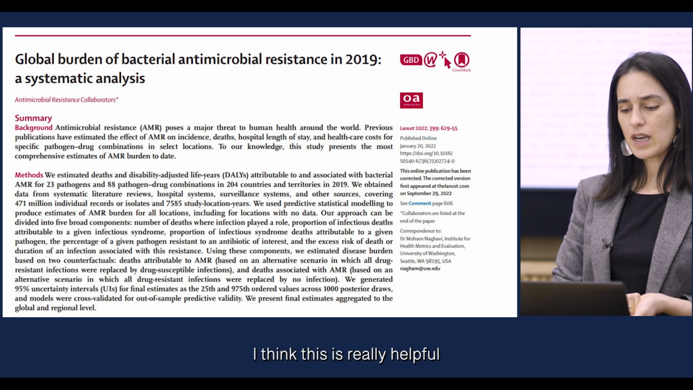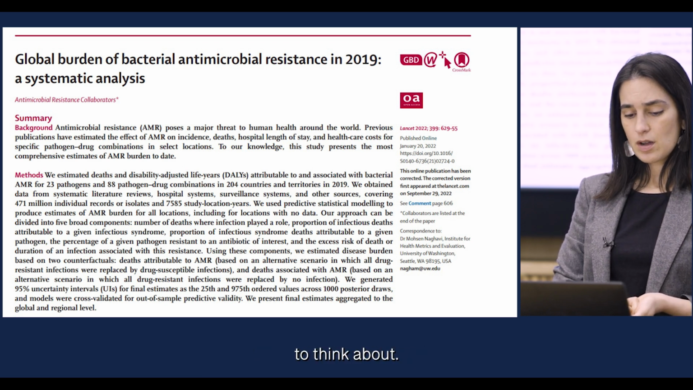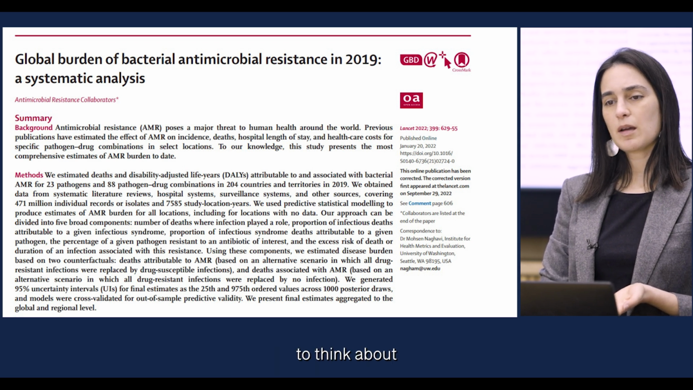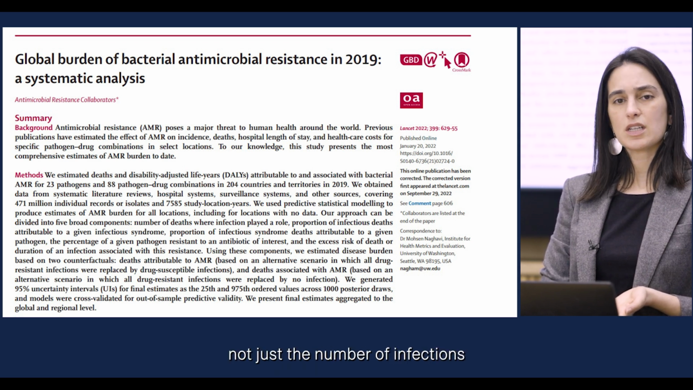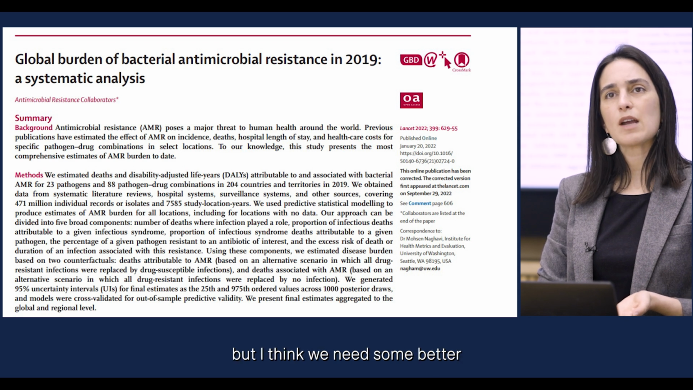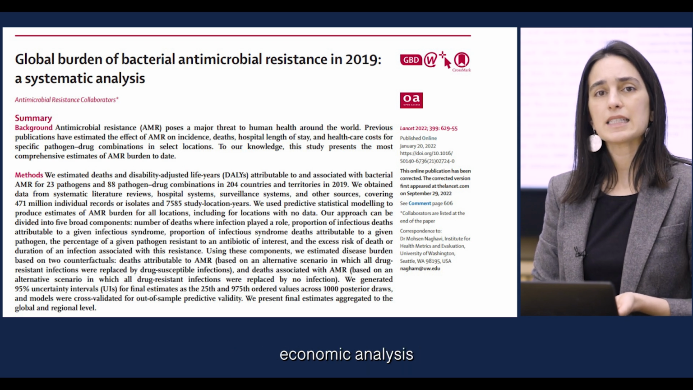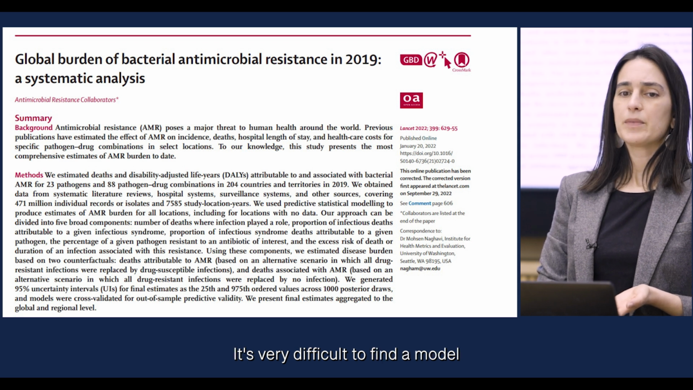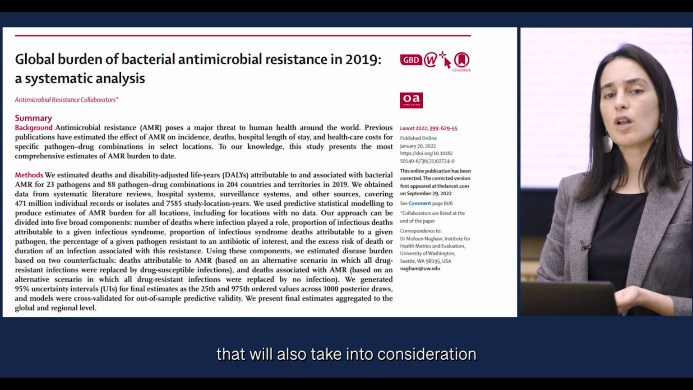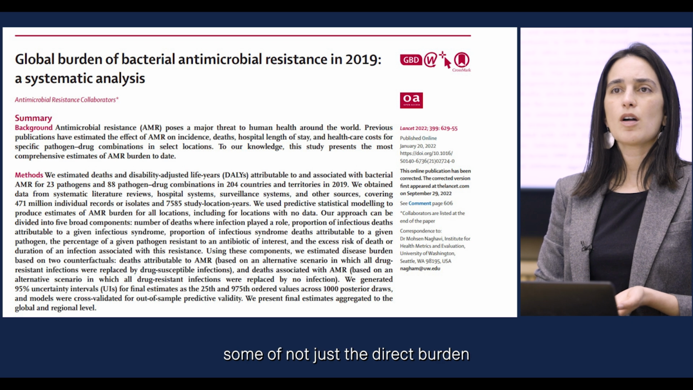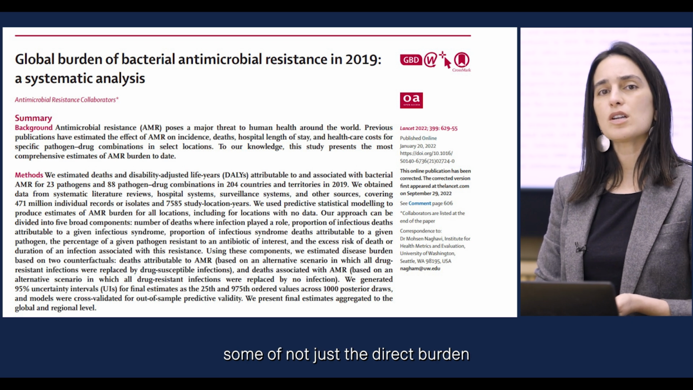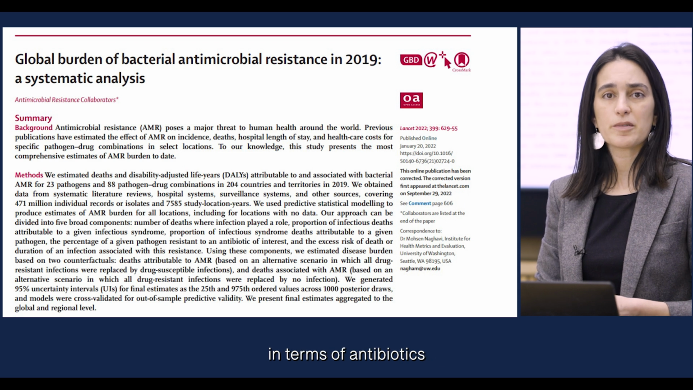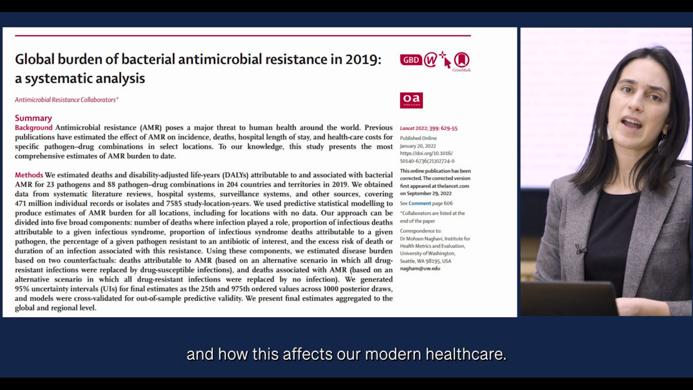I think this is really helpful to think about. You can read the report in full, but I think it's really interesting to think about not just the number of infections that could be prevented, but I think we need some better economic analysis in terms of the cost of AMR. That is very difficult to define. It's very difficult to find a model that will also take into consideration not just the direct burden of resistant infections, but the fact that we are losing options in terms of antibiotics and how this affects our